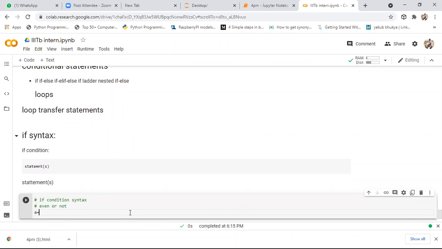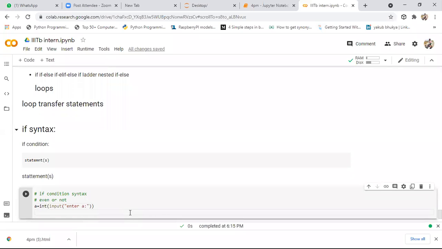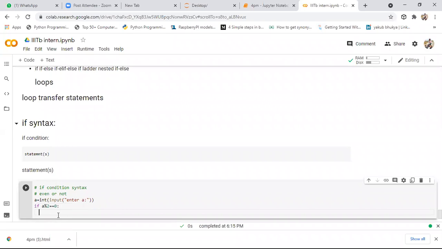To check whether the given number is even or not, we need to take user defined input, and I want to take that user defined input in the form of an integer. So here I'm taking one user defined input. After taking this input, now I want to apply the if condition. So what is the condition for an even number? If the number is divisible by 2, that is said to be an even number. It means if we divide the number by 2 and it gives remainder 0, such numbers are said to be even numbers. So whenever this condition is satisfied,